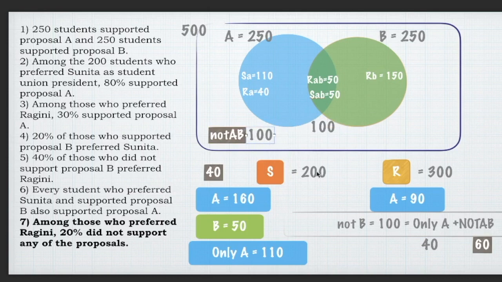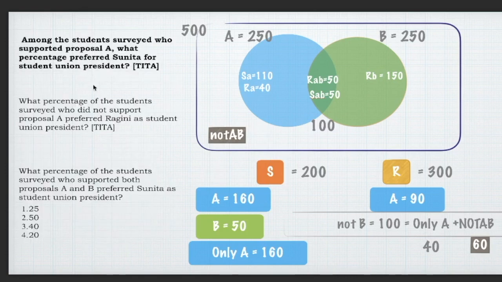And now out of these 100 people, 60 are supporting Ragini and 40 are supporting Suchitra or S or whatever the name is, right? So great, I have a very, very clear picture. I can move towards the questions and let's see what the data is. And the questions are going to be very, very easy. The tough part is already over.